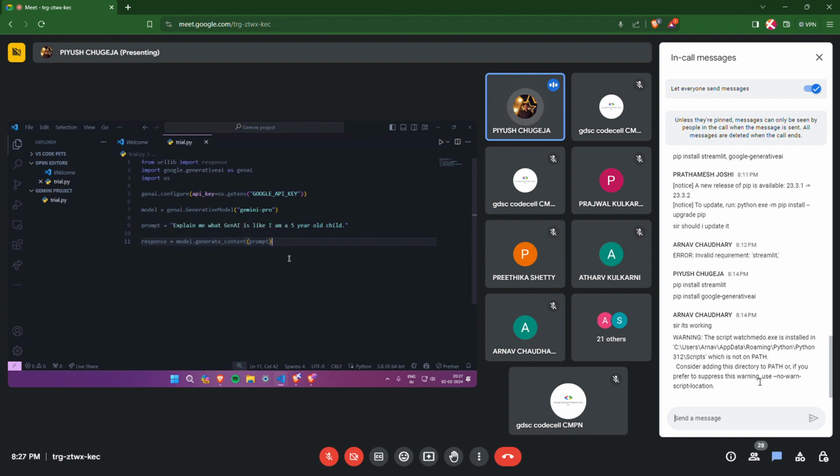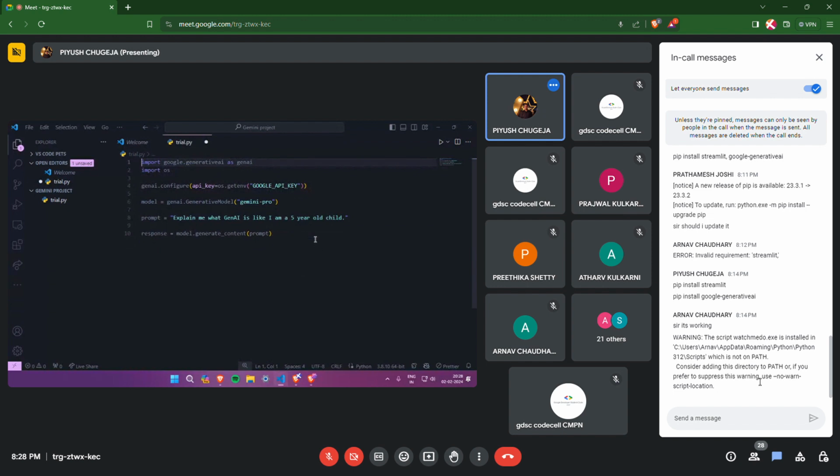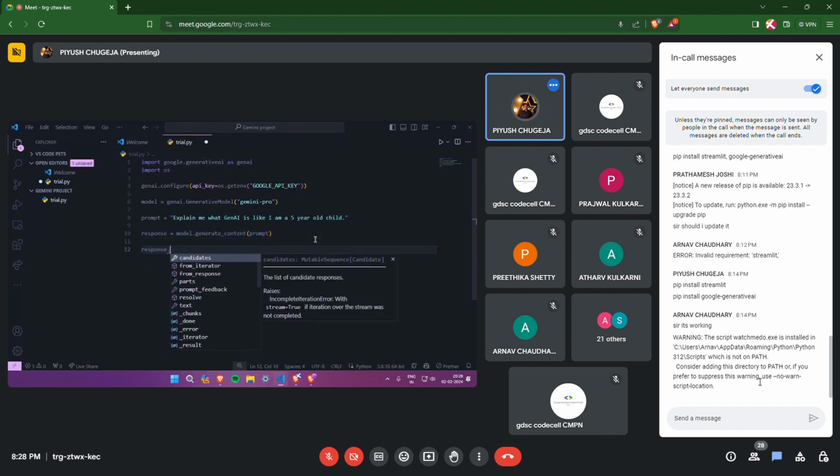Now, response is not just a simple answer from Gemini. This response object contains everything that goes in and comes out. It will contain the errors as well. It will contain your response. It will contain your API status, etc. But for now, all we need is this part, response.text.